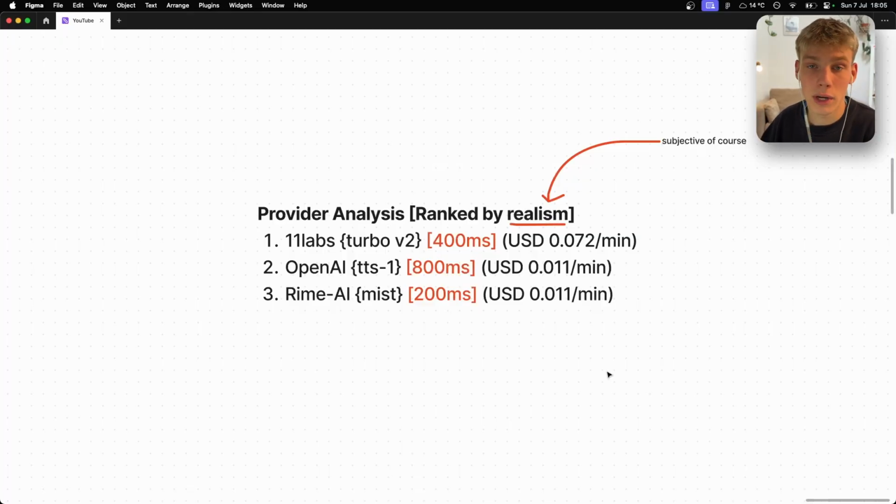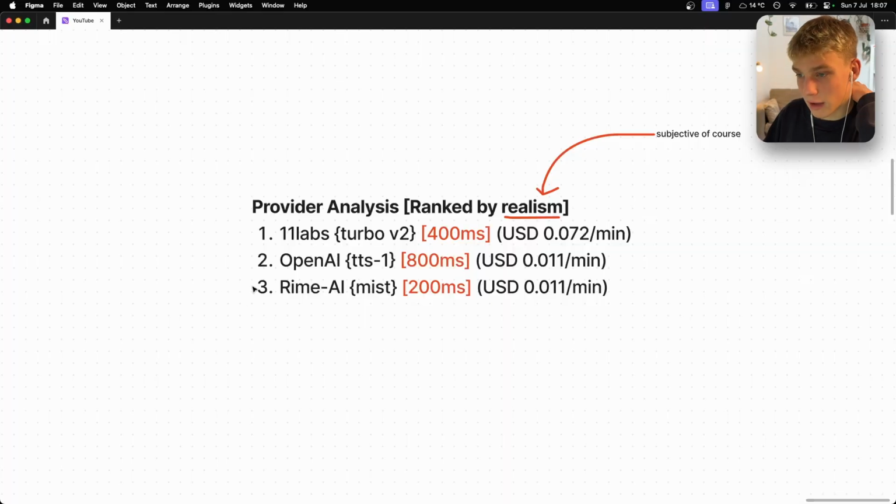Unfortunately, that Artificial Analysis website doesn't do any sort of leaderboards when it comes to text to speech. So I just did a really brief analysis on the top 3 text-to-speech models. These are ranked by realism. This is all in my opinion, of course, and is subjective. And in that opinion, I believe 11 Labs is the most realistic sounding. I do believe their voices do sound a little bit scripted, if that makes sense. It doesn't sound like a human in a natural conversation. It sounds kind of like a human talking to a camera like I am now. You know, I wouldn't be emphasizing things as much as I would be to my friends as I am for